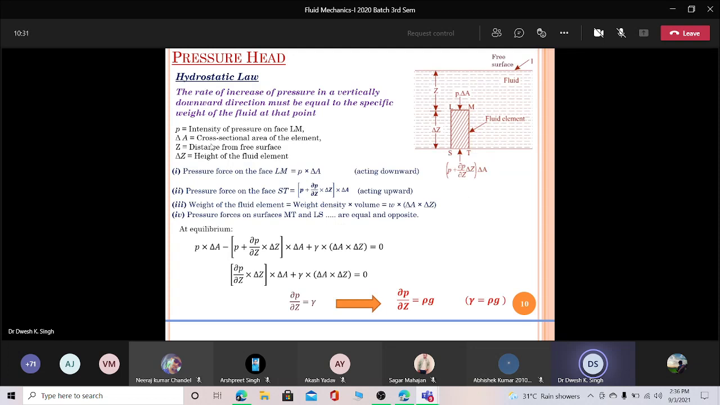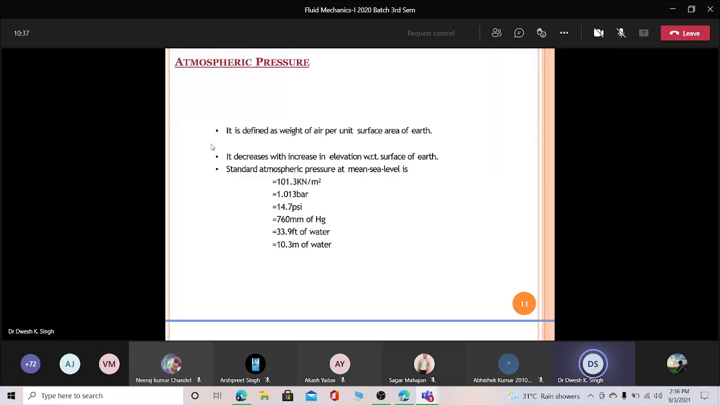Okay. And also we have discussed the different units of atmospheric pressure, because atmospheric pressure is measured in all the different units. So any unit can give you the atmospheric pressure value. Okay. Now, after this, let me continue this chapter,